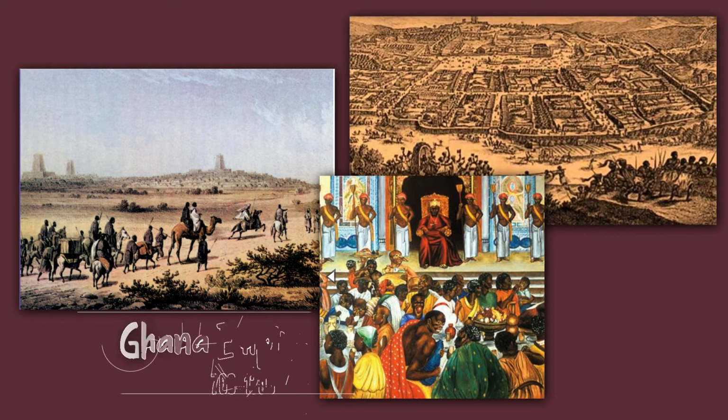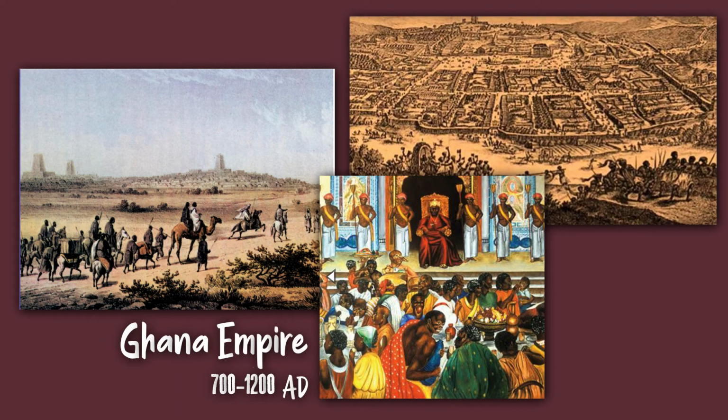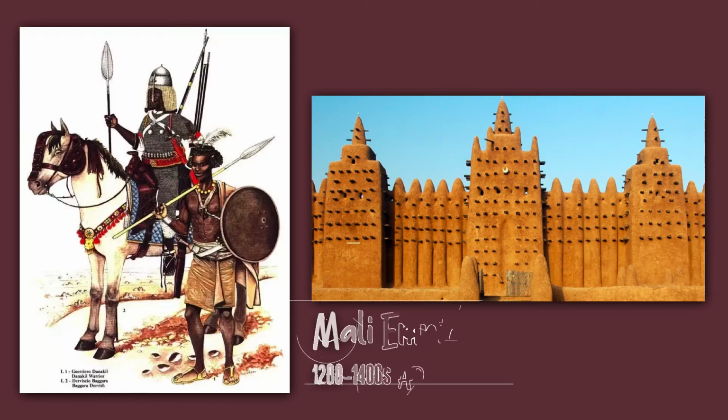So let's take a quick look at these. Here is the Ghana Empire, significant urban development. You can see the king illustrated here sitting on his throne, and you can see a camel caravan moving across the land there, but significant building in Central and Western Africa. Now, the one that we're going to talk about more than others is the Mali Empire, and this is going to be a significant